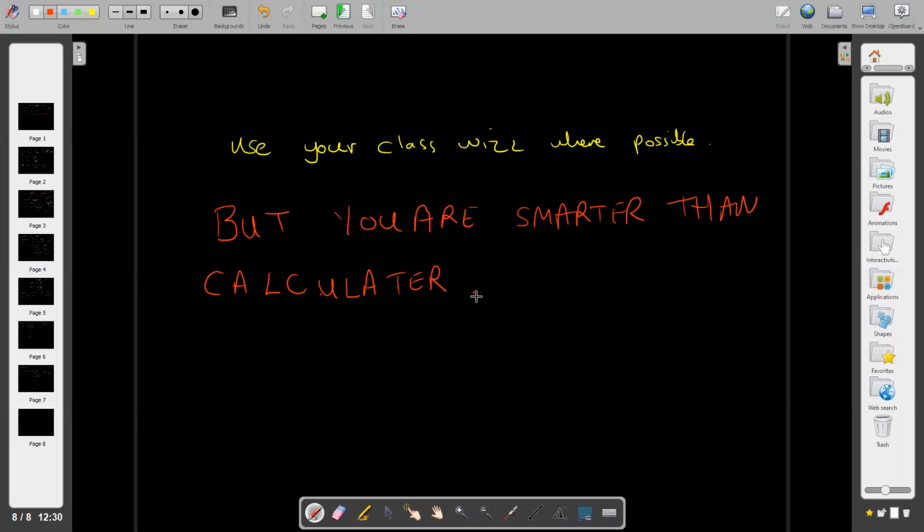Suppose that the examiner gave something where you couldn't put it into a calculator. Let me give you an example. Suppose they said, show that the hyperbolic sine of 2b is equal to something or other. Well, you can't just whack that in a calculator now. So don't just think, use your calculator. Yes, definitely use your calculator, but don't think your calculator is going to do the work for you,